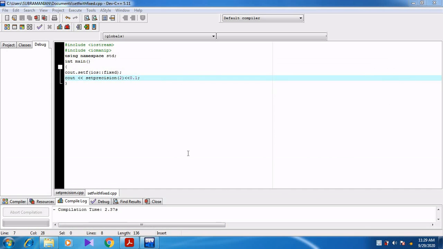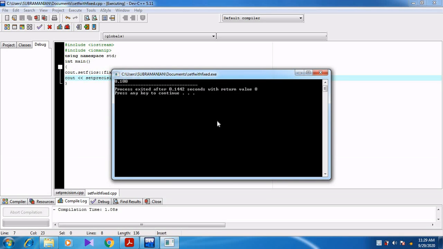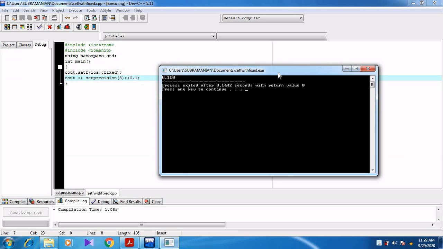Now let us change the value. Instead of 2, if I specify 3, now what will happen? Again I am compiling the program, F9 and then F10. So it is shown as 0.100.